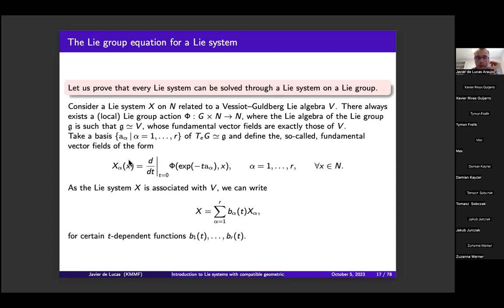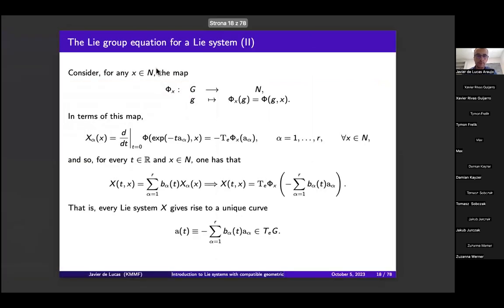So by knowing the integral curves of this, you will know the action of these elements of the group. And by knowing this for every element of the algebra, you can construct the Lie group action. Now, when you have a Lie group action with a group G acting on N, there exist